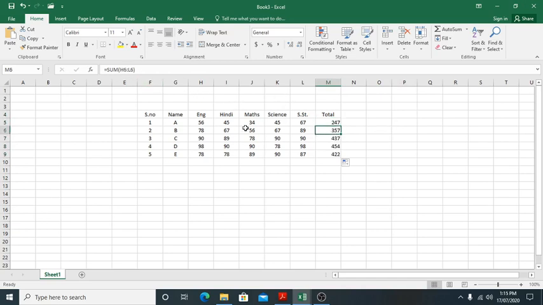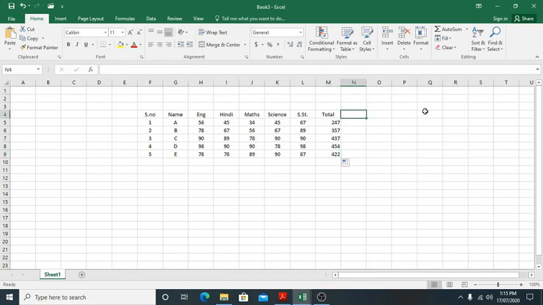Then the address changes to H7, L7, then H8 and L8, and H9 and L9. So by this way, as we go down, the address, that is the range, has changed. So this is how we use a range formula.